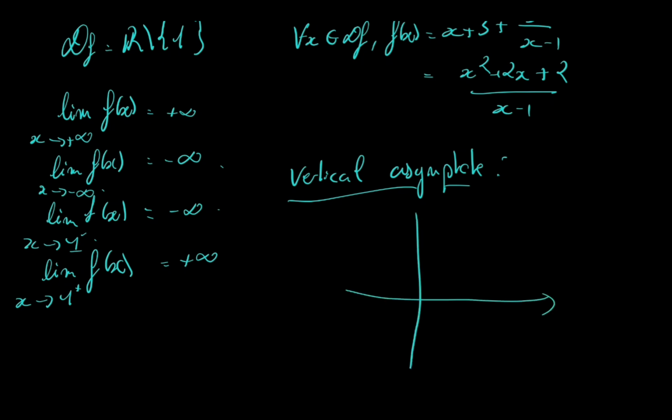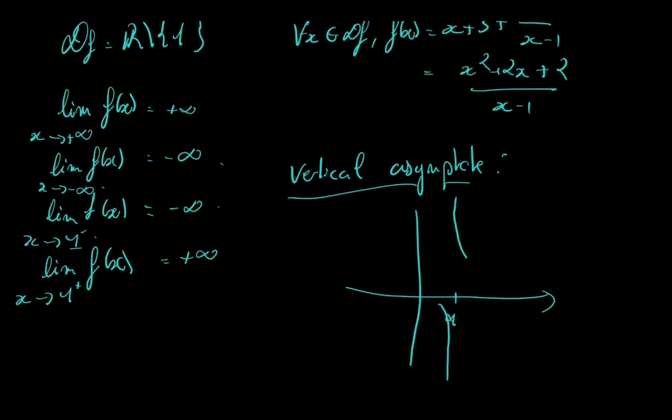So if my graph is something like that, just before 1, I will go to minus infinity, and just after that, I come from plus infinity. And our vertical asymptote will be this vertical line going through the point 1, 0,